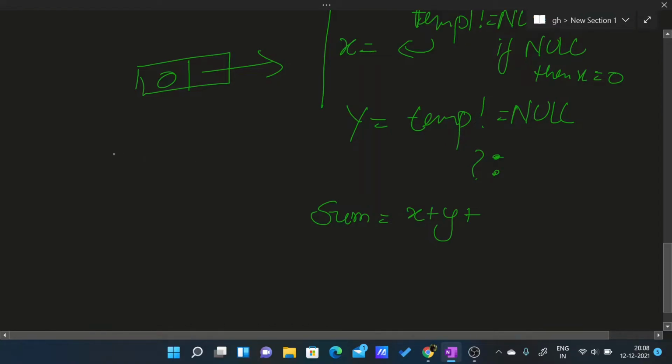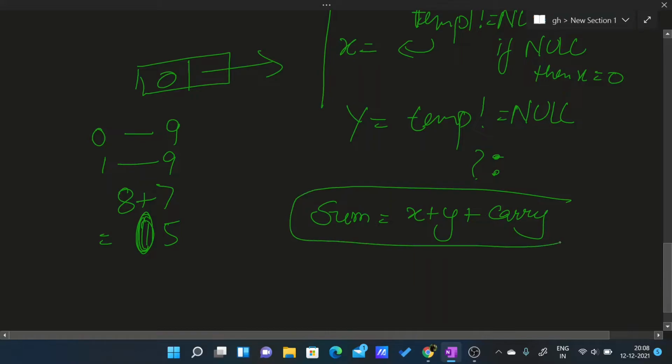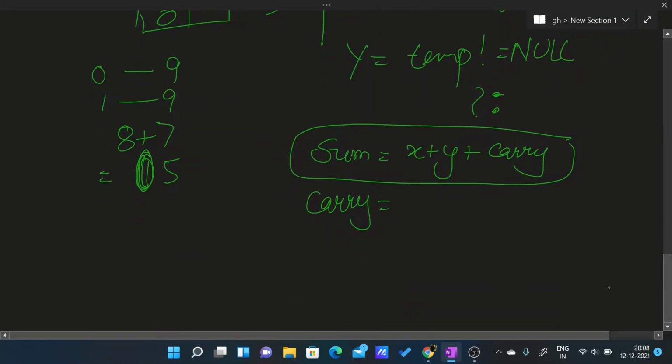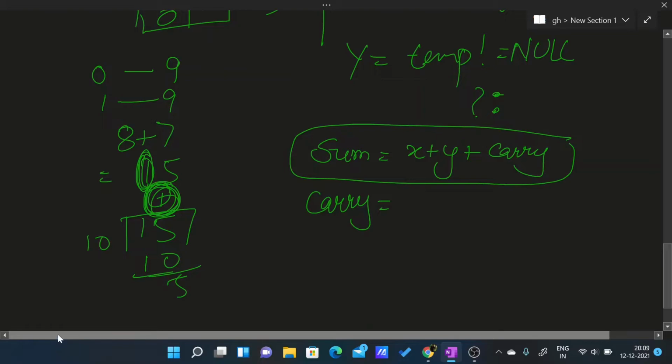Suppose, as given in the question, it can be 0 to 9 or 1 to 9. So suppose I have 8 plus 7, it will give me 15, right? So there is one extra carry, so that will be the carry. So this will be the sum at a certain position, and my carry will be, this is 15 suppose, and if I do a mod 10, 1 is 10 and 5, so this quotient is the carry, right? So my carry will be sum divided by 10,